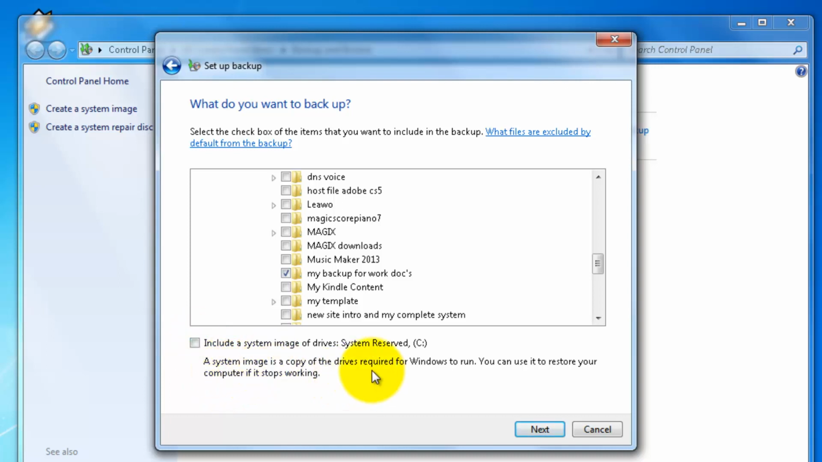A systems image is a copy of the drives for Windows to run, and you can use it to restore your computer if it stops working. We don't want that, because we will be making one separately, and I'll show you that in the next video. So now we have the document that we want to save, and just click Next. So everything in that folder will be saved, and we're going to set a schedule for it as well. So just click Next,